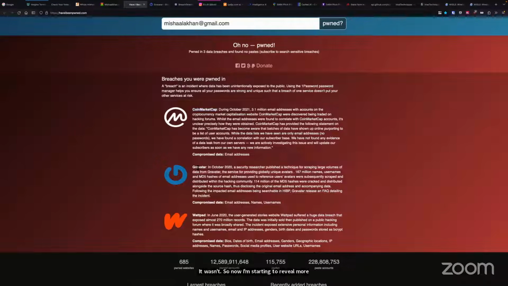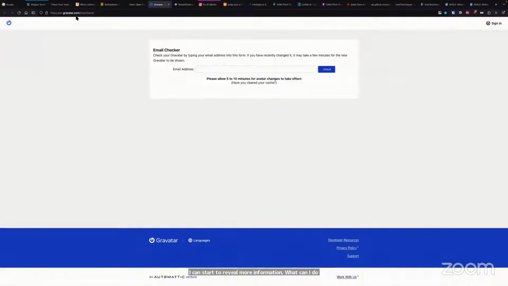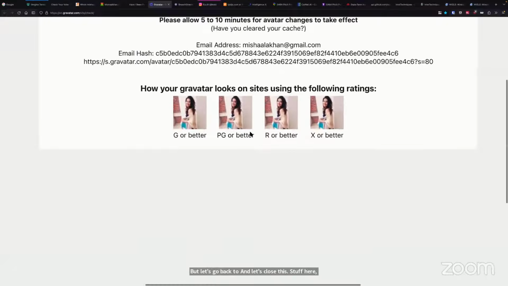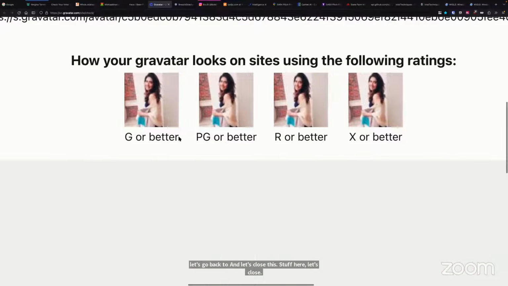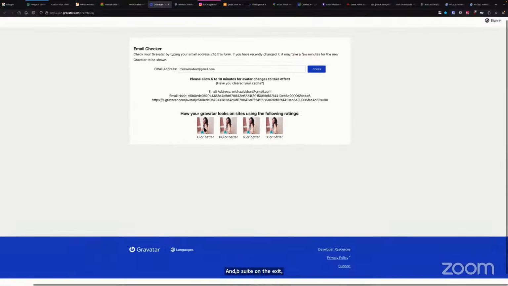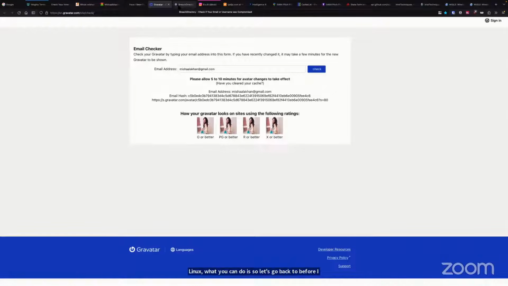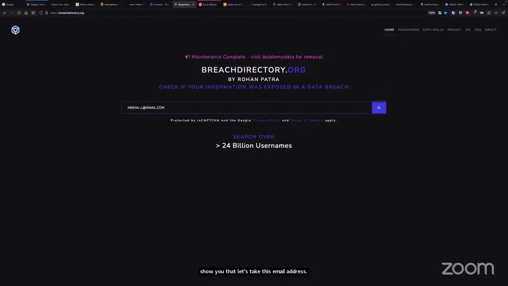So Gravatar is one place. I know if it's in Gravatar, there's probably an image there. So you go to gravatar.com/slide/check, put in that person's email address there. And now you get an image, a thumbnail icon of her. So now I know a little bit more about that person, what they look like.